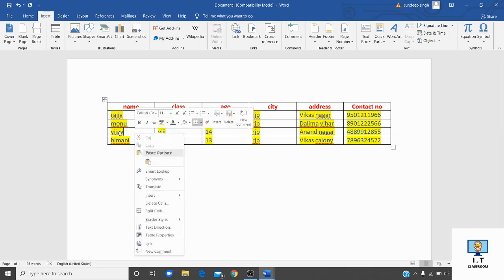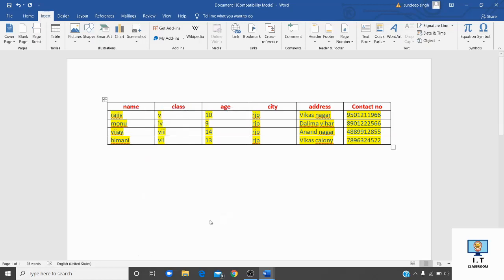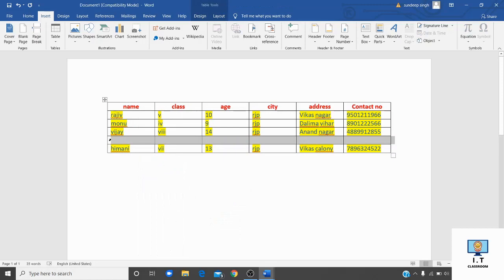Once you right click, you will get this menu. In this menu, go to the insert option. If you want to insert a row below, then you will choose this option, insert rows below. Click on it. So where you have placed your cursor, a new row will be inserted like this.